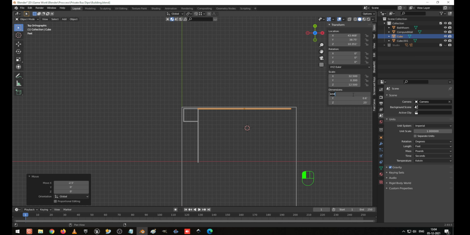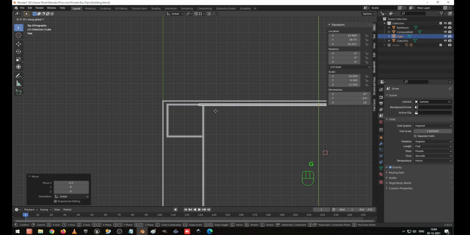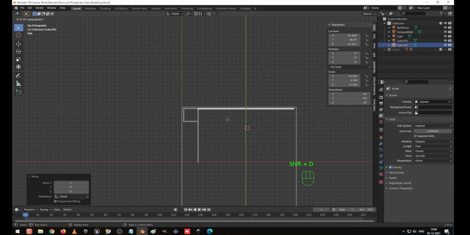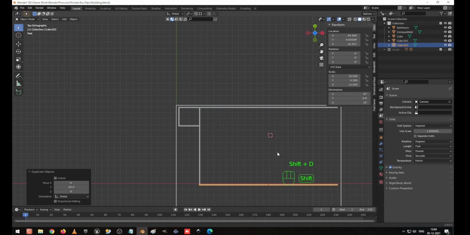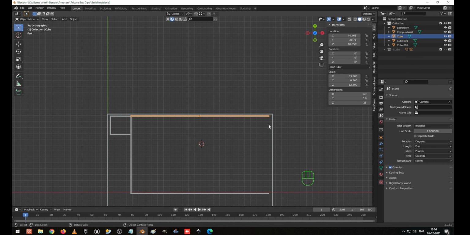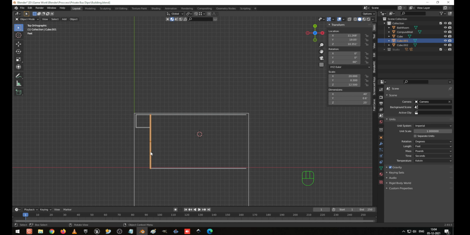Make it a little bit more. 68. Okay, not 68, 67 is okay. Okay, make it, this one is confirmed. G, Y or X, X axis, and we can move. Okay, fine. Press Shift D and Y axis, I use the same here. Now here these are also required for us, so shift this also, I'm going to make it as